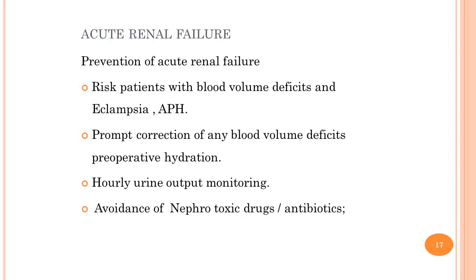Patients with a history of severe antepartum hemorrhage or patients with hypertensive disorders like eclampsia have more chances of entering into a phase of acute renal failure. To prevent acute renal failure, early identification of high risk conditions and timely volume replacement prior to surgery are very important. During the post-operative period, the urine output is monitored regularly, and if possible, all the nephrotoxic drugs must be avoided during the post-operative care.